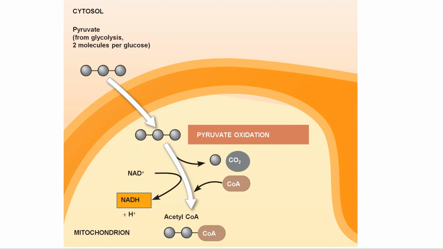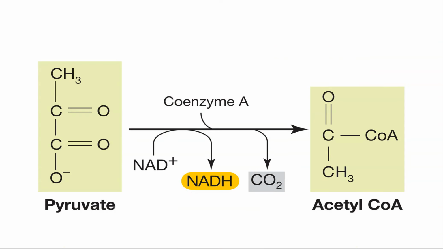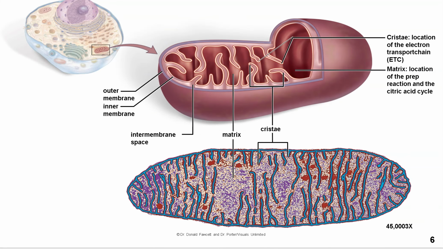Okay, so here's what it looks like. Again, enzymes are carrying this out. You don't have to know those names. 2 molecules, pyruvate oxidation, only if oxygen is present. Okay, cleave off another carbon, add coenzyme A, we reduce NAD+, and then we form 2 molecules of acetyl-CoA. Okay, that is pyruvate. Here's just another picture of it to help you see what's happening here. See, one of the carbons is missing at acetyl-CoA. And then where is it happening? In the matrix.